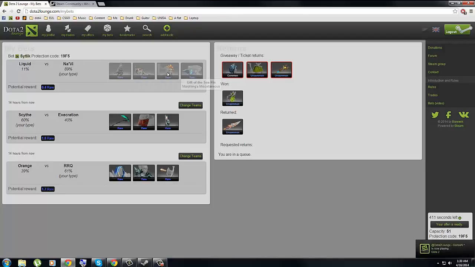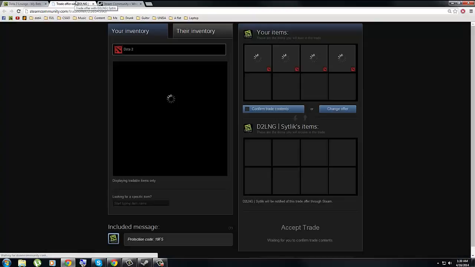You can see these items are transparent, meaning I haven't placed them yet, but I'd like to. So in this trade offer, I'm expecting to see these 4 items up for trade. So you'll get a little sound notification when your trade offer is ready, as well as a little button that you can click. So you click this button, and it should open a new tab where you'll see your trade